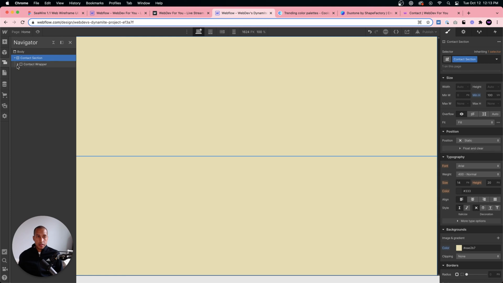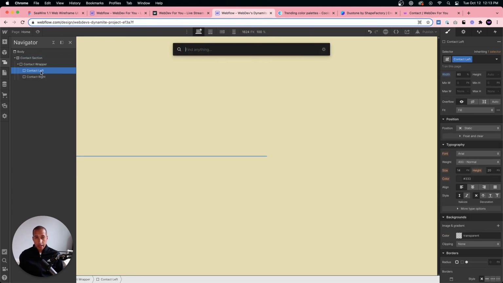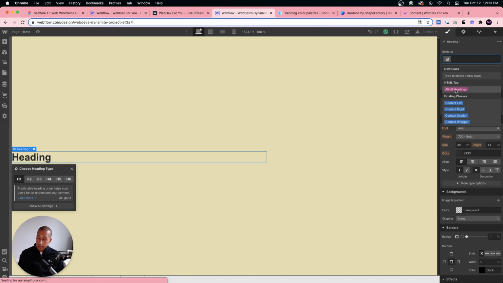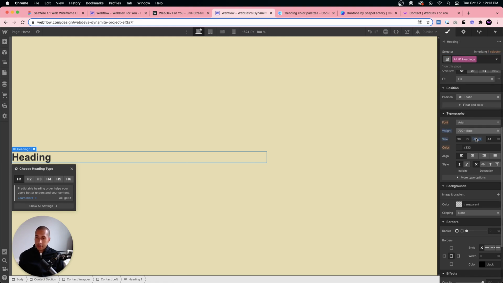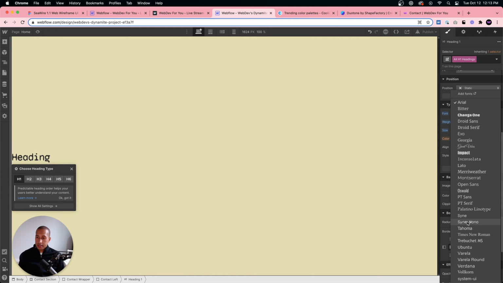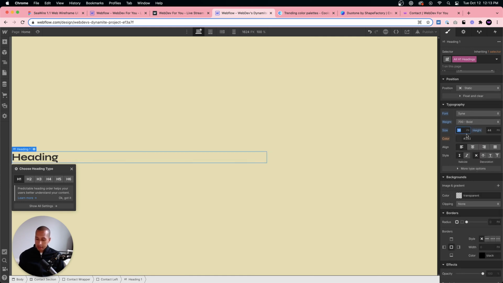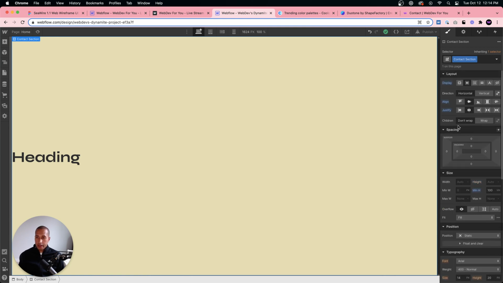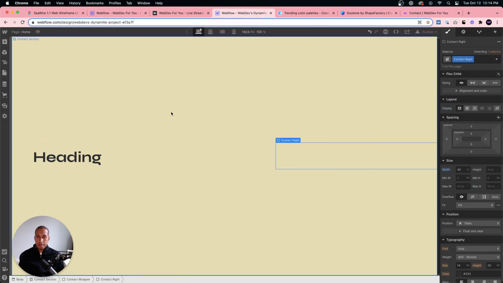And then we'll go into the contact left section. I'll hold down Command K. I'll add a heading. So we have the heading there, and I'll select the global tag so all of our headings will be the same every time we add a heading. So all H1 headings, and I'll give it the font Sign, and I'll make the font size 56, and the line height I'll do 1.3 unitless. Okay, to the section I'm going to add 5 VW of padding from the left, so we have some spacing on the left, and that looks good.